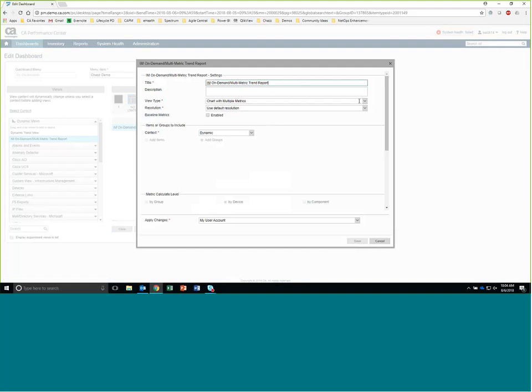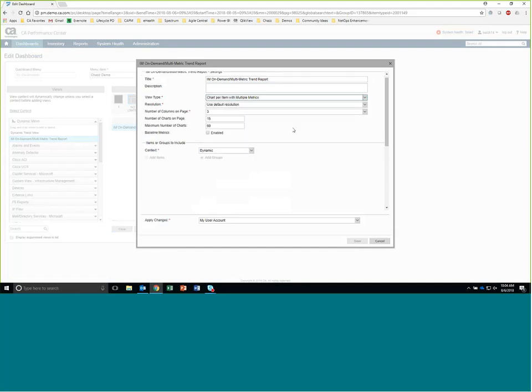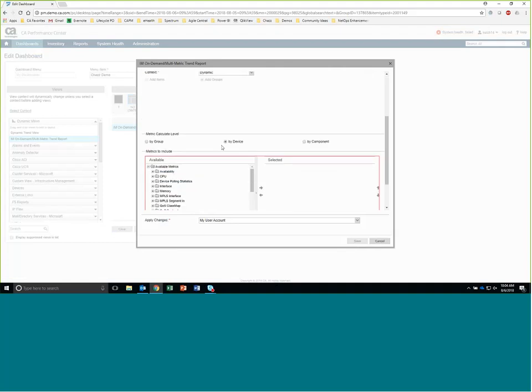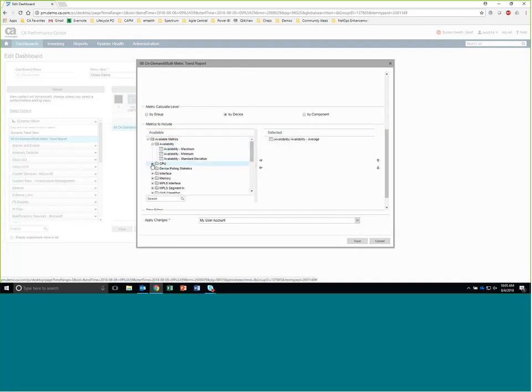It has a number of different view types, and one of those is the chart per item with multiple metrics. So in this case, we're going to pick our metrics. We're going to take just a really simple report type here, in this case, availability. And then from the interface metric family, we're going to take